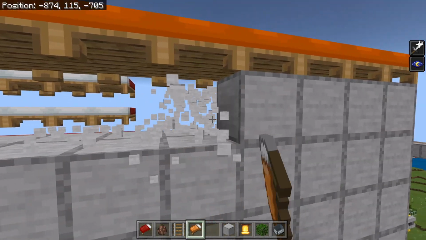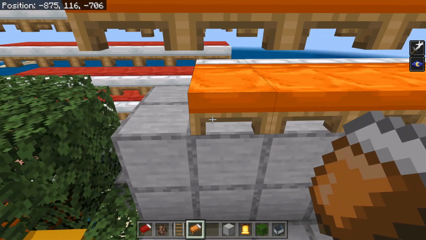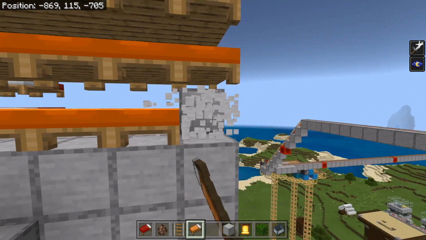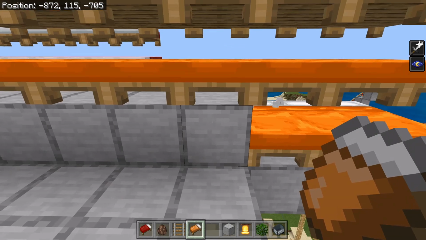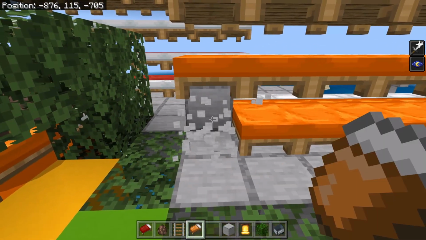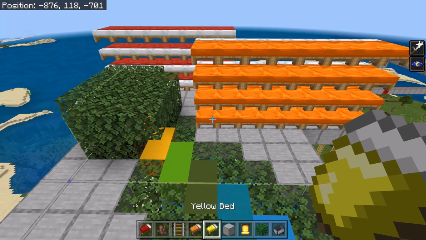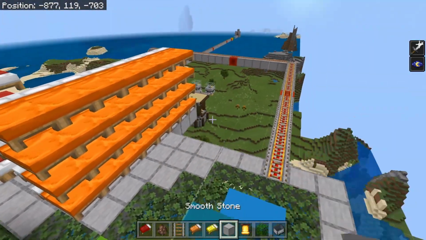And so we're going to place 32 beds again to saturate the orange village. The position of the beds is very important, so you need to do it almost block by block like me. You can place them differently, but place them like me and you'll be almost sure to get the right layout. So take your yellow bed for your new village, place it there,